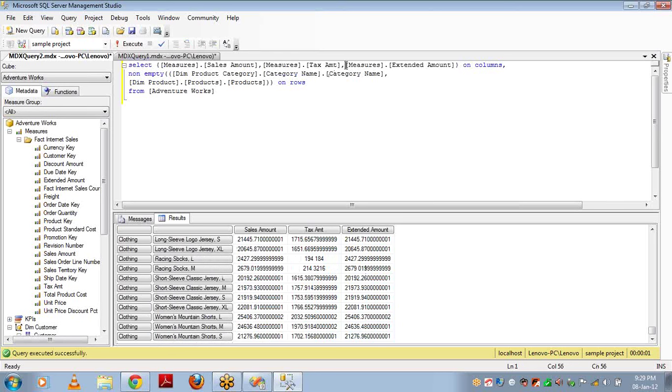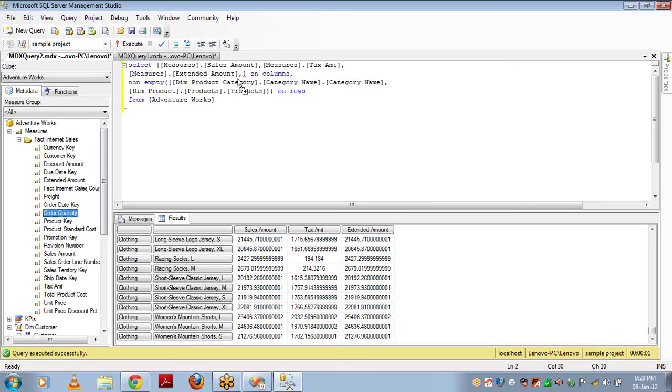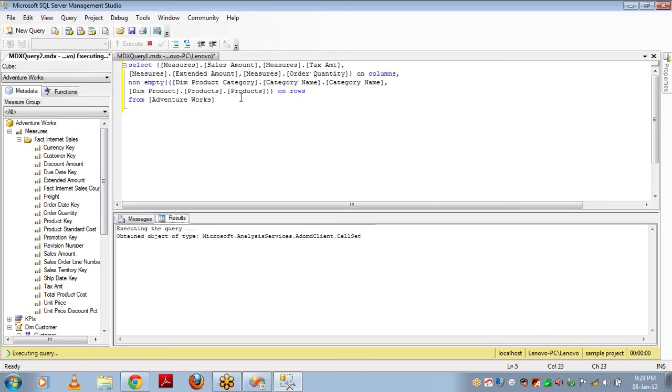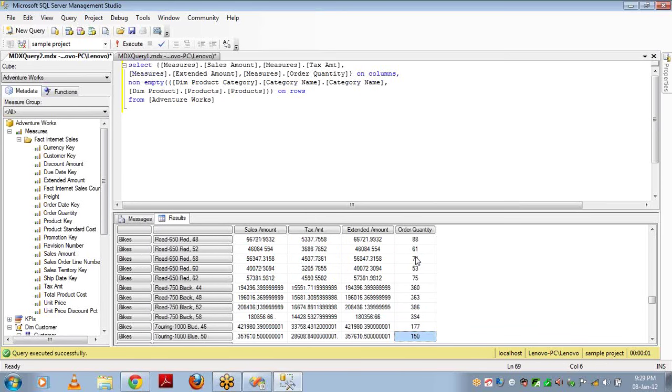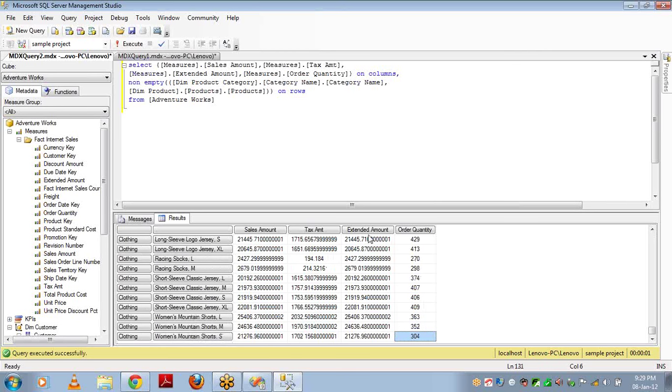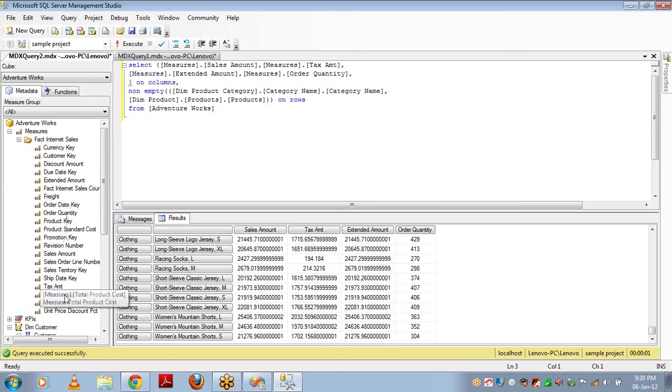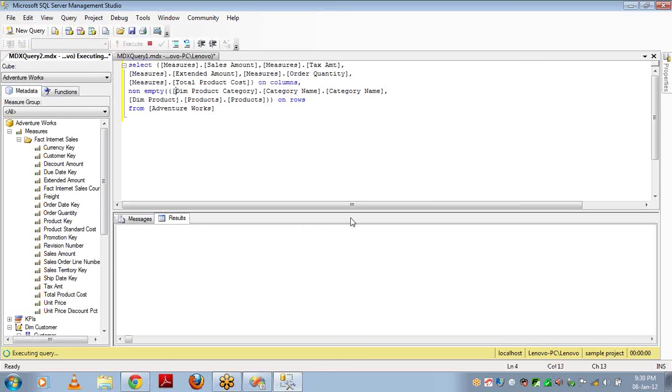And let me add one more measure here, that is order quantity. Order quantity is good. And total product cost. I'm adding a few measures to demonstrate mainly the difference between non-empty with space and non-empty without space.